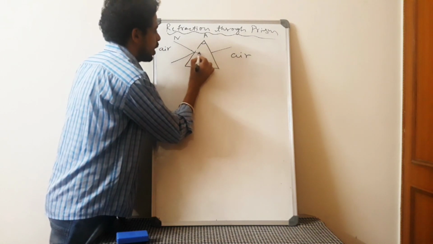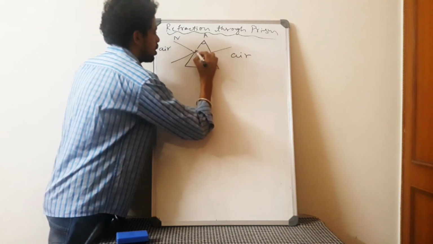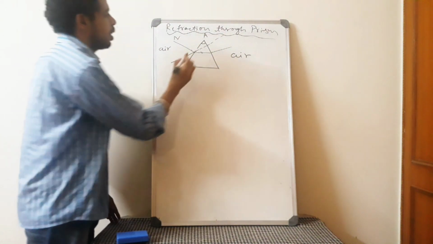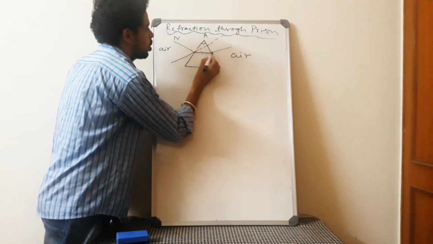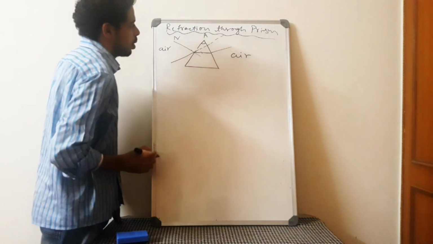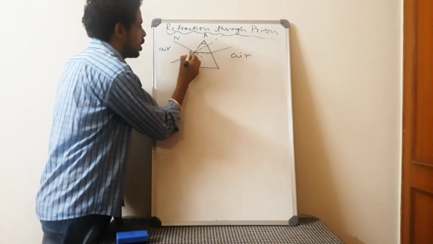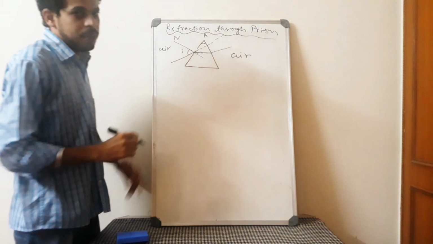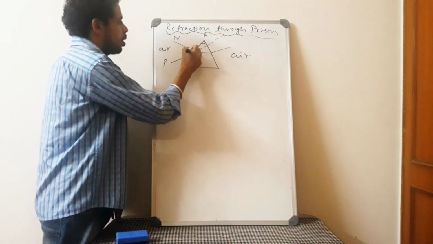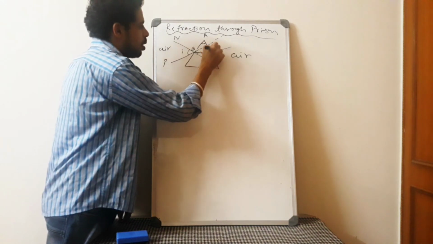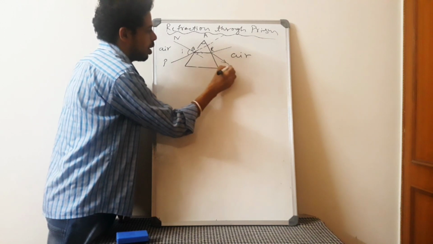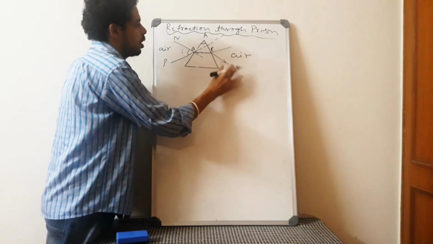So this ray will get refracted and goes like this. The actual path of the light is like this, but it gets deviated and moves away from the normal. Yes or no? Towards the normal, sorry. It moves towards the normal. Let us take this angle as the angle of incidence, the angle between the normal and the incident ray. Let me name this incident ray PQ. Let me call this R, and after here it will move like this. This is called the emergent ray, RS. Let us take it as S.